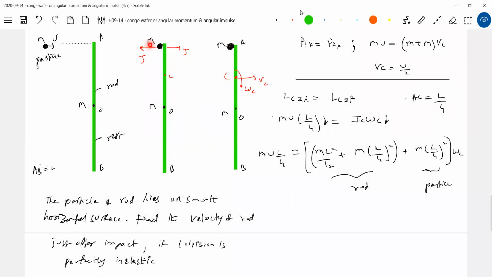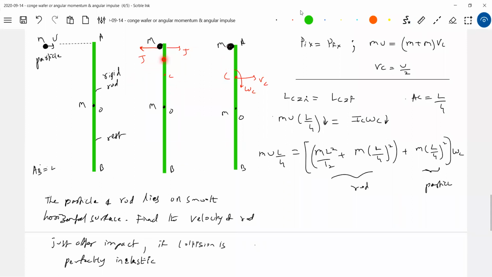So here what happened? Again, the impulse of deformation and reformation occurs, and finally we see this condition. As a student, you should really analyze here what actually happens. The ball or the particle, when it goes and collides, will undergo deformation. But sir, you said it's a rigid rod. Yes. The rod is rigid. What about the particle? The particle is also rigid, but because we are applying the coefficient of restitution, some sort of deformation should take place here. That applies to the particle. But sir, you said a particle means a small body. So when you define the coefficient of restitution, you must be able to analyze here.